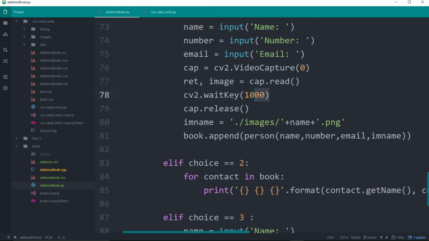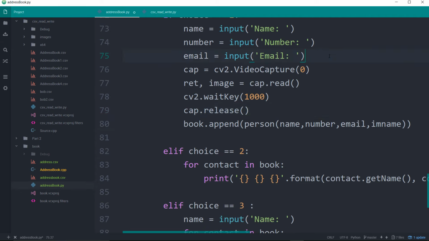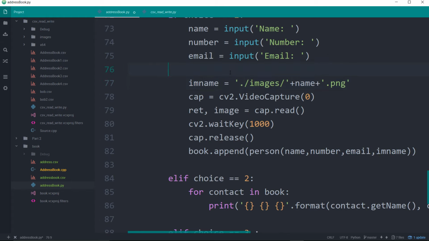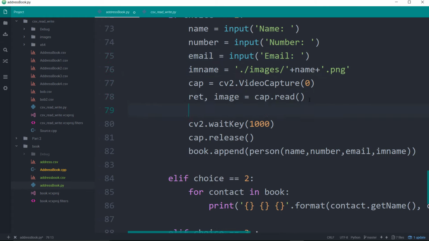And then you're gonna wait, and then you're gonna release your webcam, and then yeah, the only other thing that we have to do, I'm actually going to put this im name up here because name's already defined by that point, is write that image. So right before this, we're going to do